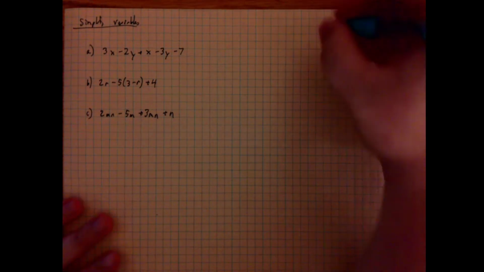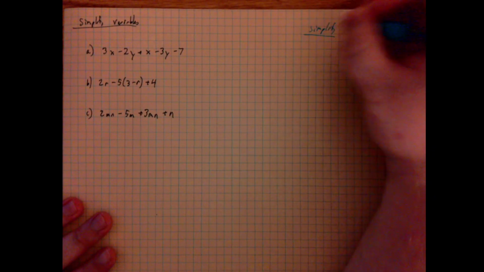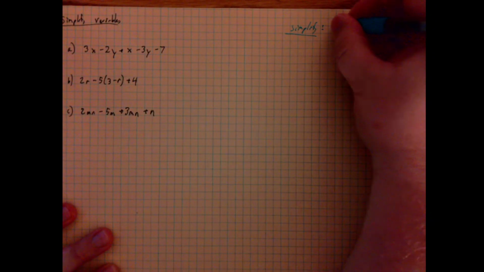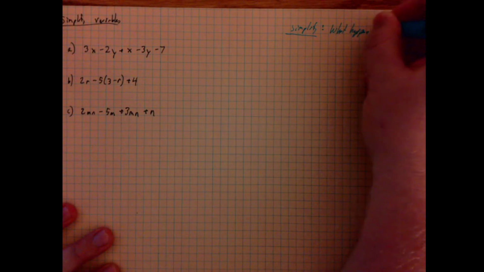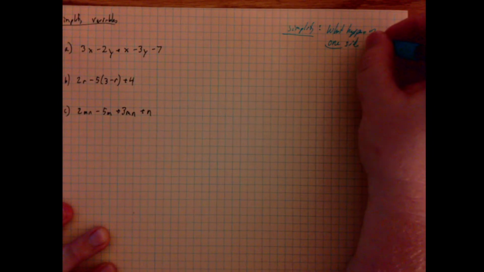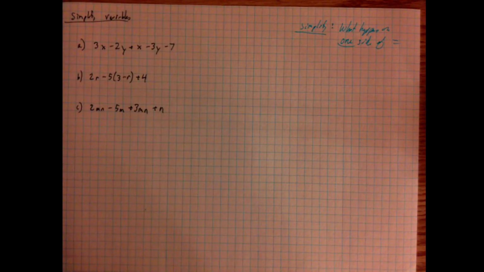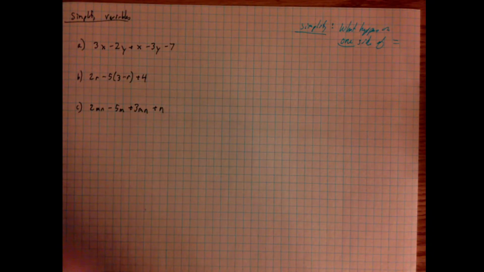Now, it should be noted here that when we talk about simplifying, we've already discussed once the goal is to reduce complexity. But you can also think of simplify as what happens on one side of an equal sign. So you can simplify the left-hand side of an equal sign. You can simplify the right-hand side of an equal sign. You never cross an equal sign except via different rules, and that will be our last topic.